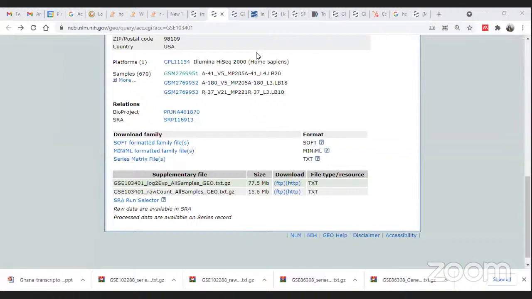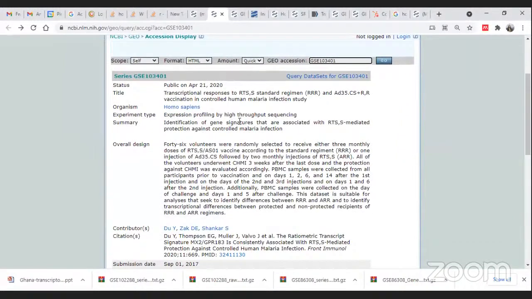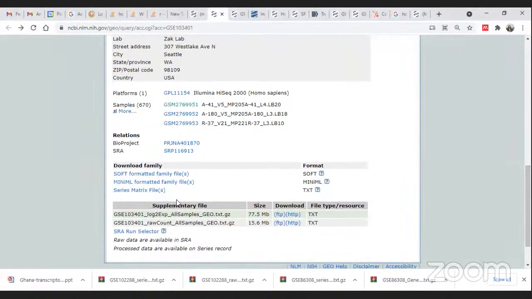So this is again high throughput sequencing data, expression profiling by high throughput sequencing. Then under the supplementary file, you have two types of data. One is log2 expression values, and the other is raw count values. This is already a TXT file and they have produced the tables. Then if you want to look at what the important